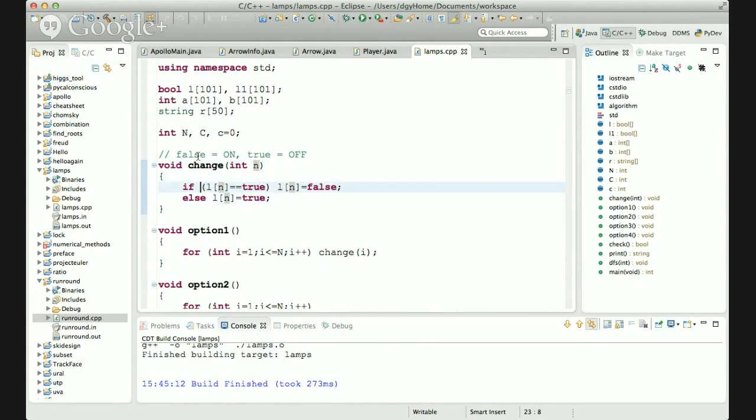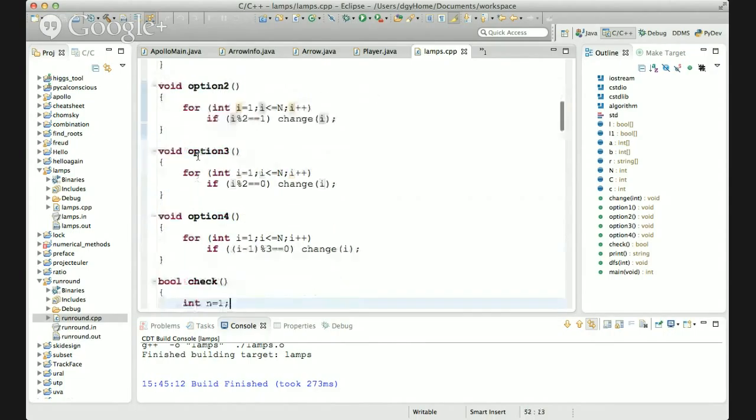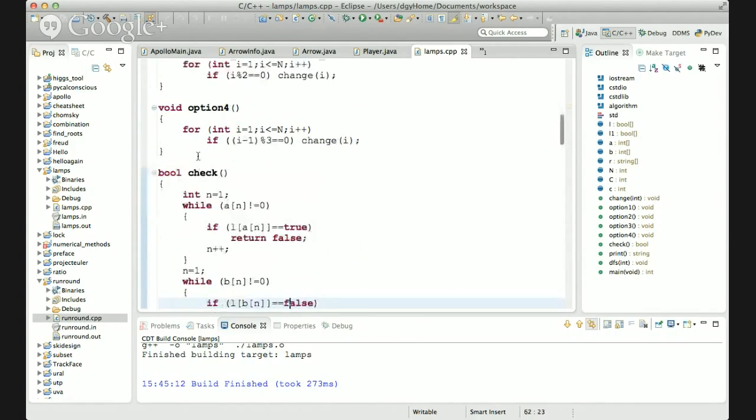This changes the value of L, the lamp's state. Option 1 is to change every lamp. Option 2 is to change the odd number lamps like this. Option 3 is changing even numbers, and option 4 is changing